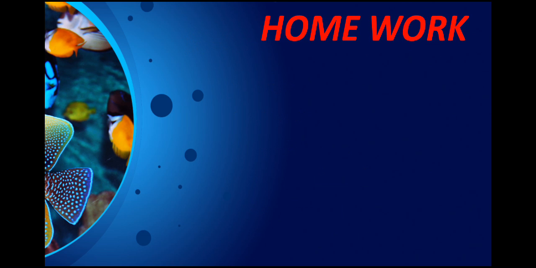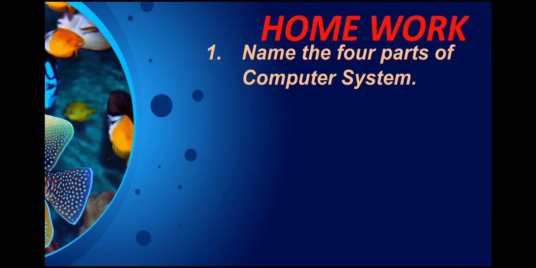Time for your homework. Question 1. Write these questions into your notebook. Name the 4 parts of the computer system. You have one side lined. So when you write the names of the 4 parts of the computer system, what are those? The computer system has 4 main parts: keyboard, mouse, monitor, CPU cabinet. When you have written these answers, on the page in front of the lined page you have a blank page. You have to draw a complete computer system with 4 parts.